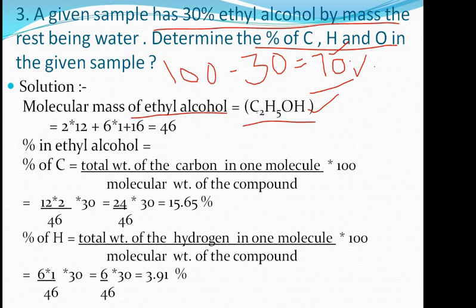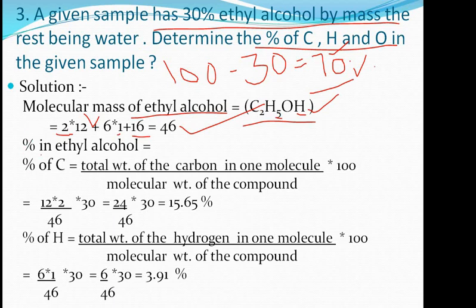Right. First is carbon with atomic mass 12. How many carbon are there? 2. So 2 into 12, 24. Plus how many hydrogens are there? 5 there, and 1 hydrogen atom is there. So total number of hydrogens are 6, and 1 is the atomic mass of hydrogen. So 6 into 1. There is only 1 oxygen atom present. So 16 is for the oxygen atom. So total mass coming is 46. 46 only for the ethyl alcohol.